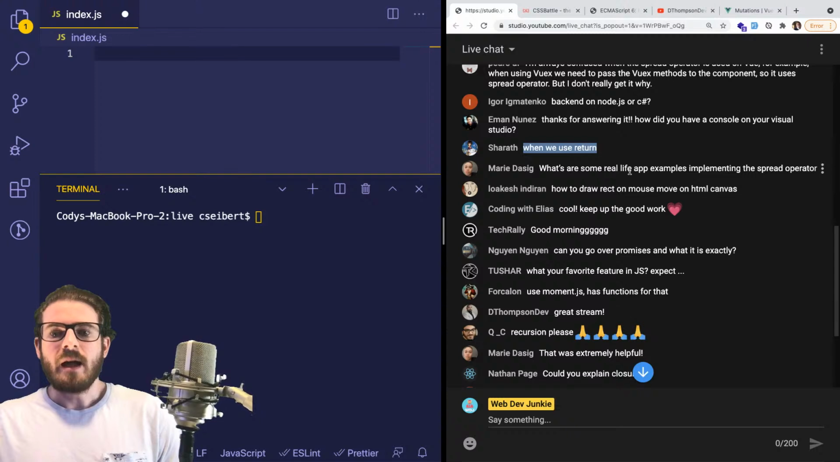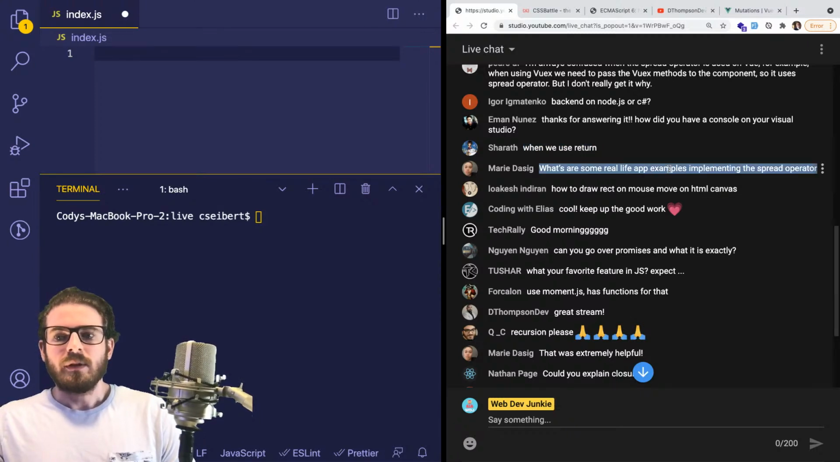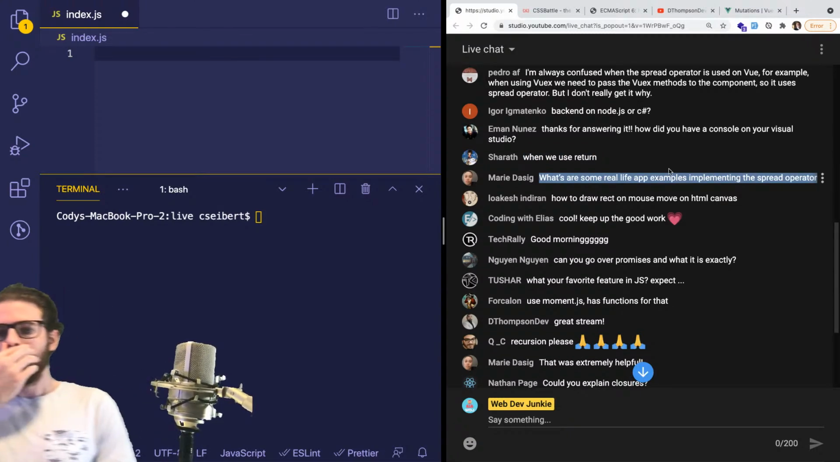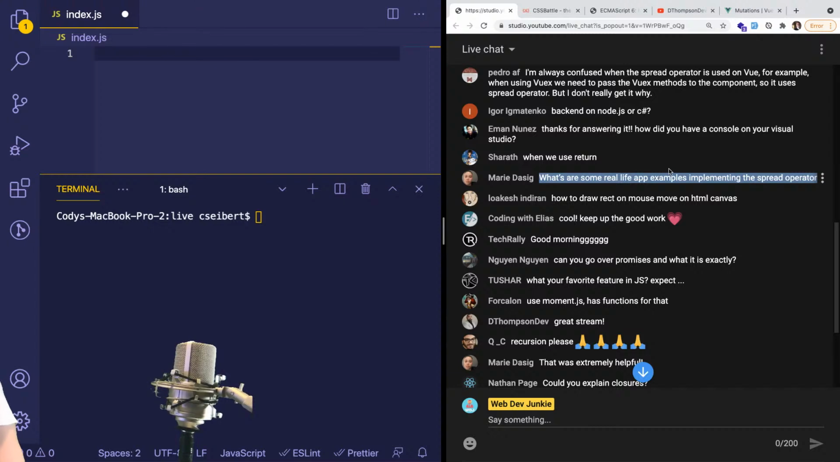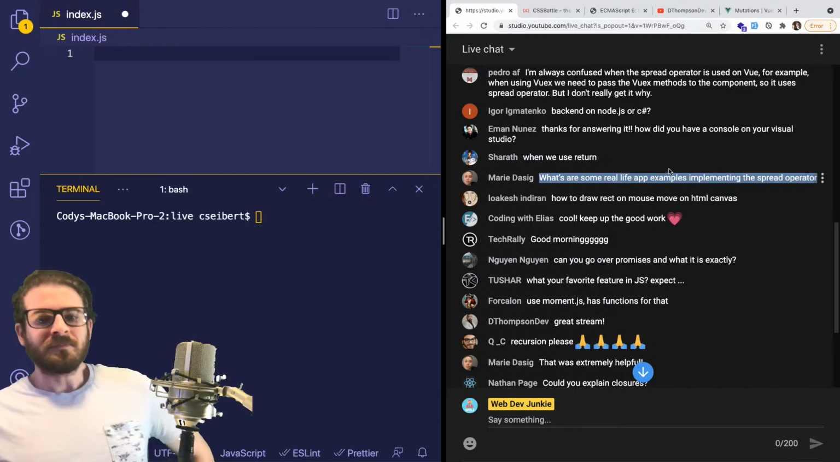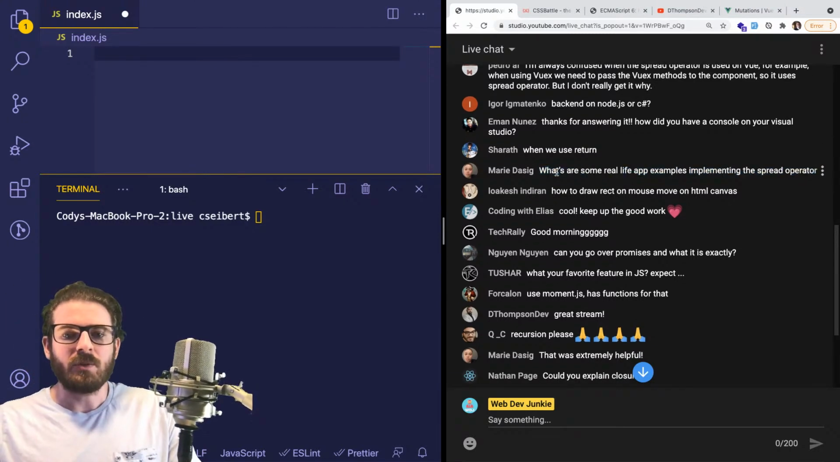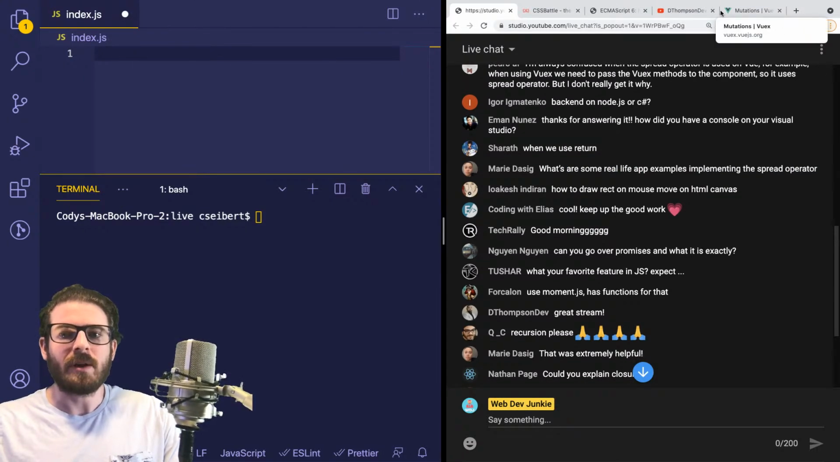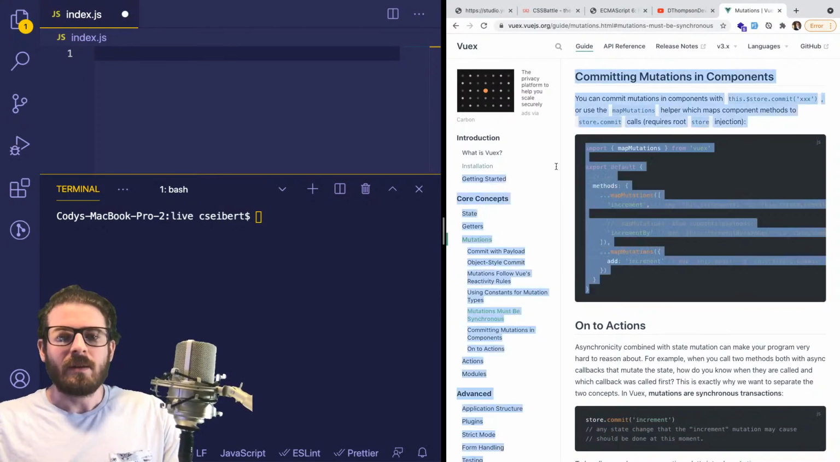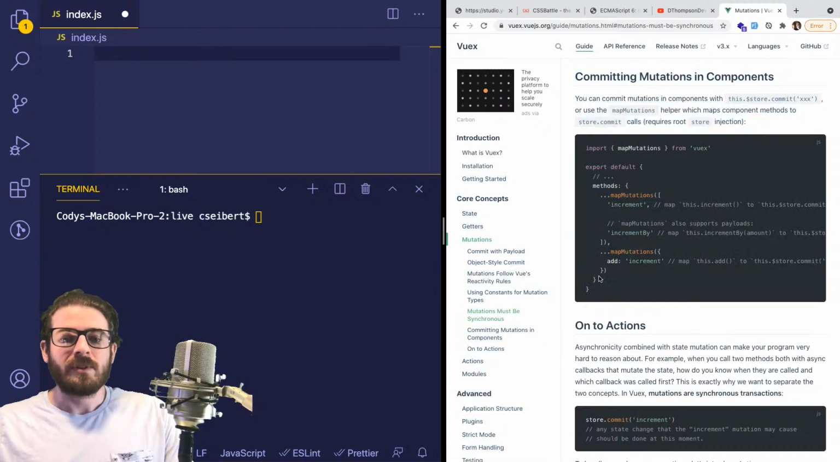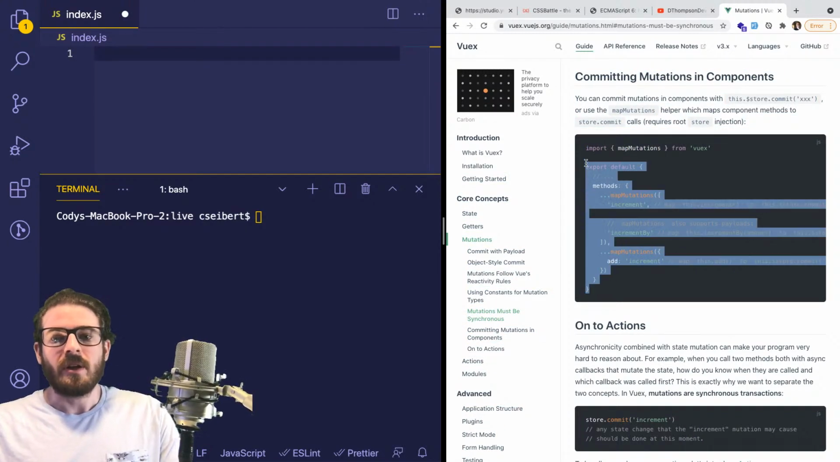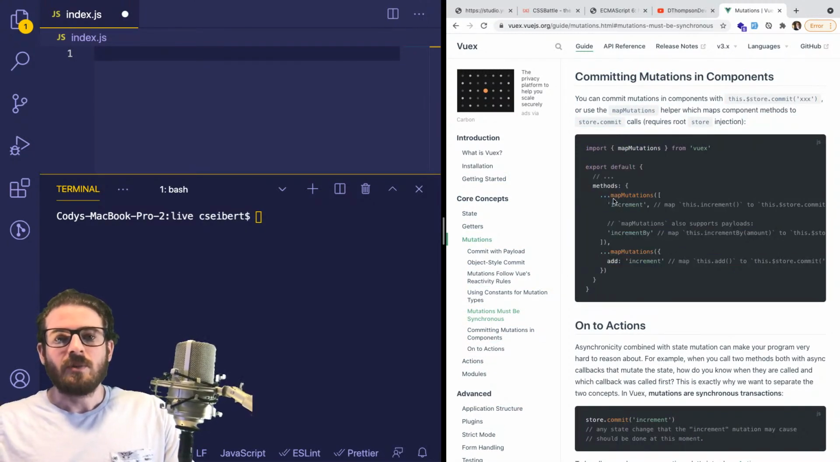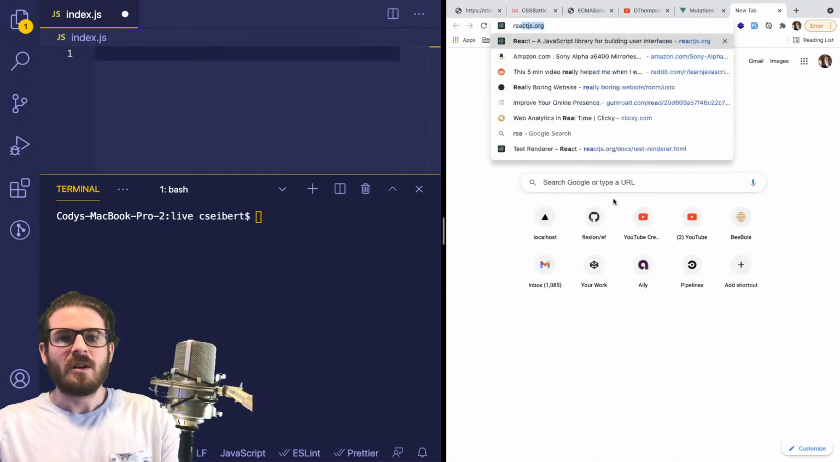Here's some real life app examples implementing the spread operator. Yeah, so she's asking, what are some real life app examples implementing the spread operator? And we kind of saw one here, almost every library and framework that you see these days is using the spread operator. So you're going to see this in documentation when you try to learn new libraries like Vue or React. If I go to the React docs,